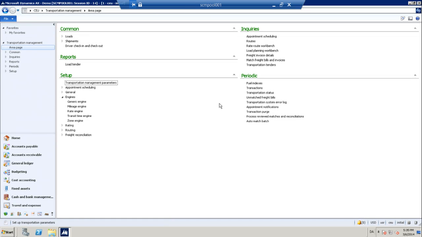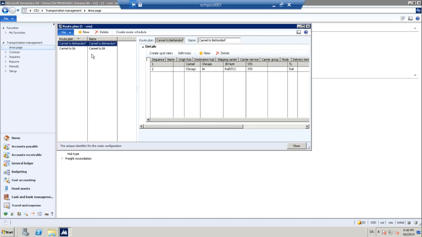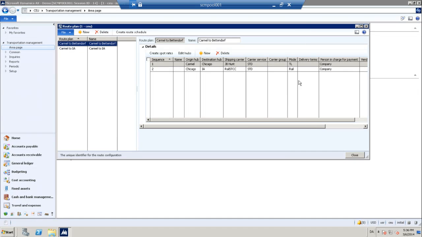And the last but not least, to mention the routing, how you can create your own segments for that. As you can see, I've defined for this particular route 2 segments, where one of them is operated by truck, the other one is by rail. I can either call the rating for each of these segments, and it will call the rating engine to